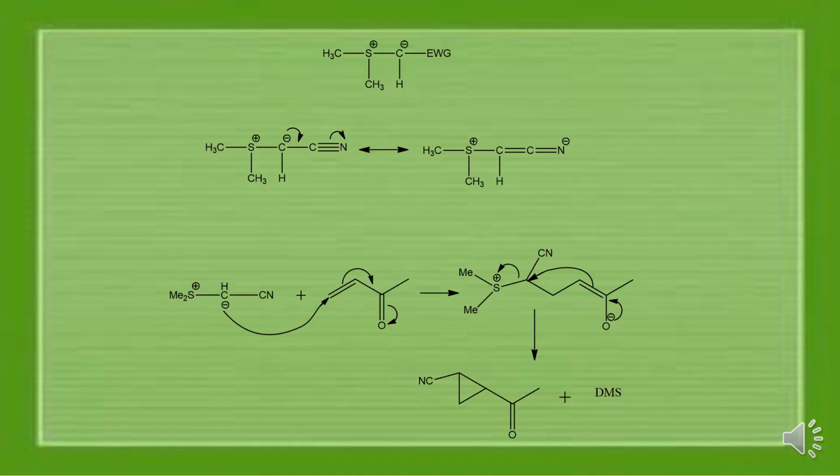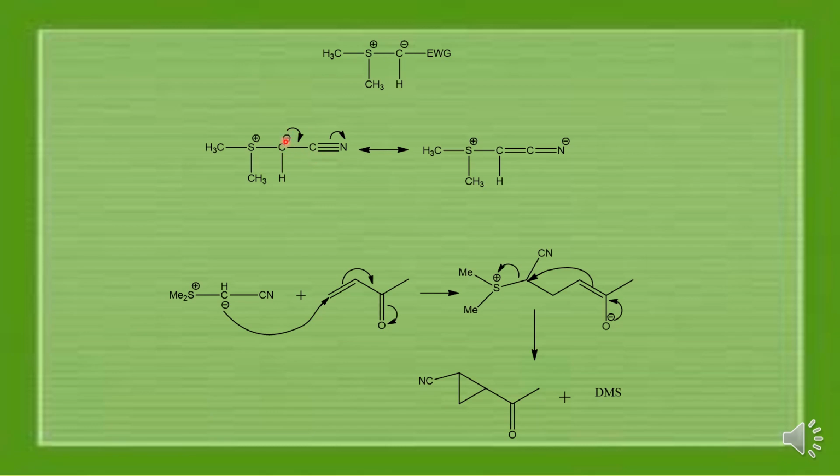Just like dimethyl sulfoxonium methylide, here is another stabilized sulfur ylide. This sulfur ylide is nothing but dimethyl sulfonium methylide with an electron withdrawing group connected to the carbon bearing the negative charge. This electron withdrawing group is normally a minus R group like a carbonyl or cyano group. So when a minus R group is connected to this carbon bearing negative charge, it is involved in resonance. Therefore,